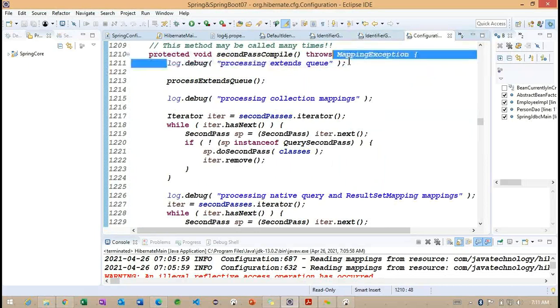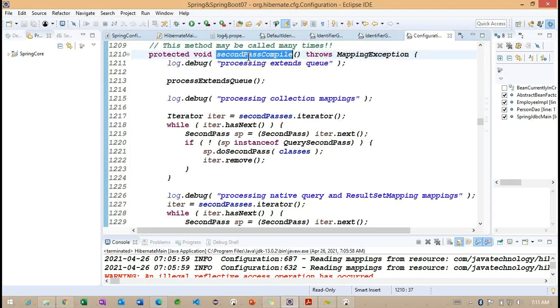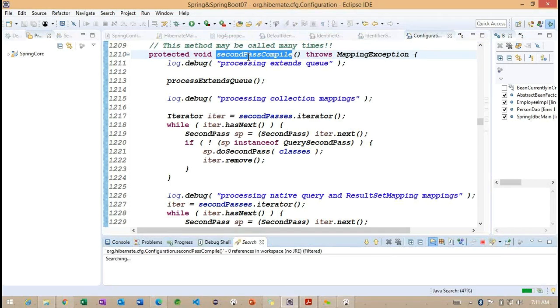Now we can observe this is the log message, processing extends queue. How is it calling secondPassCompile? To see where it is being called, what we need to do is press Control Shift G. These shortcuts are also important.